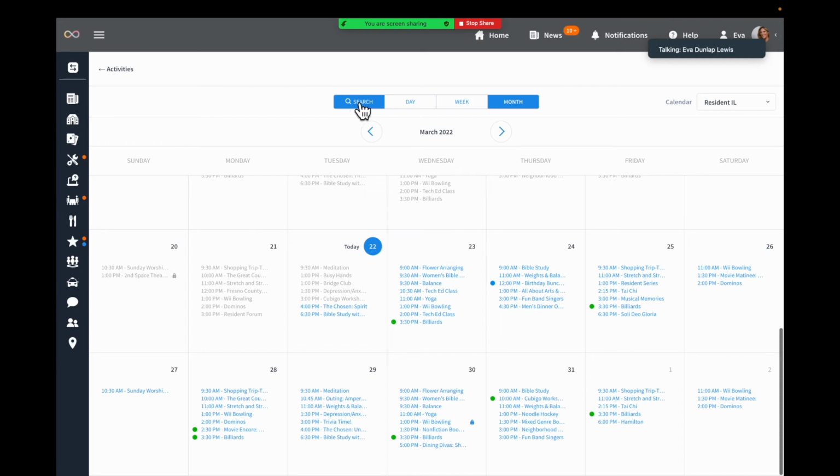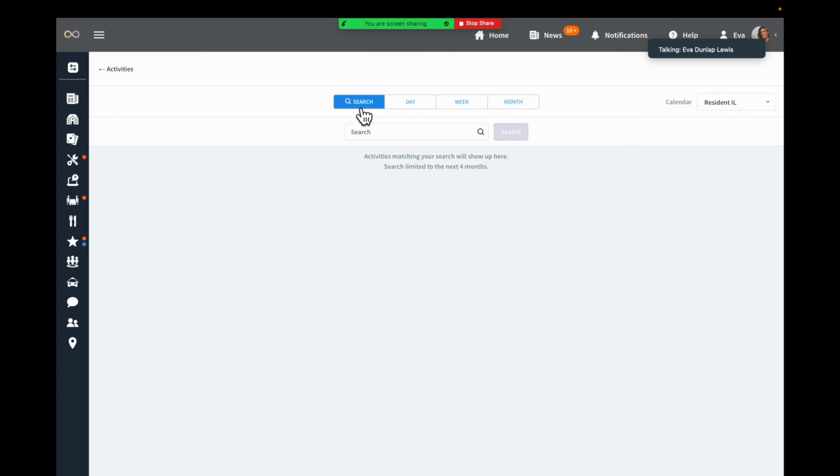So if I hit search, now it's going to show me a text box where I can type. Now, the less information that you type in here, the broader the search results. So if I typed in something like Cubigo training with Eva Dunlap,